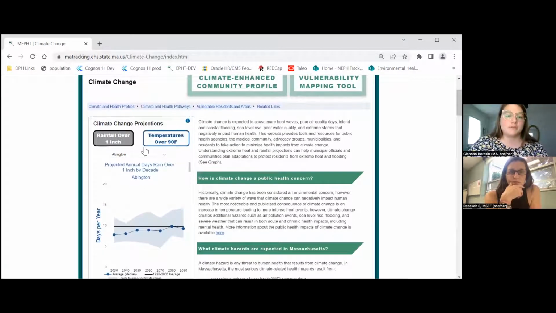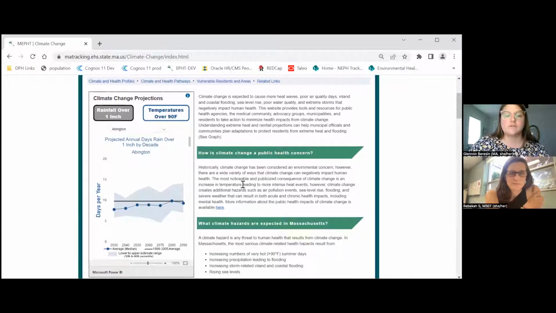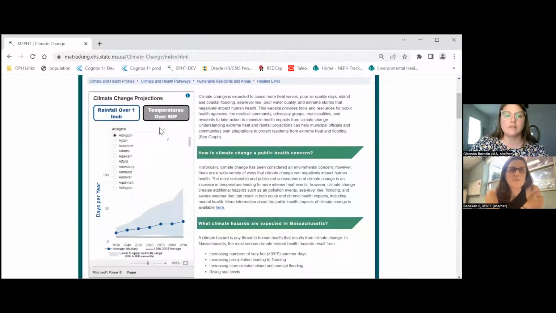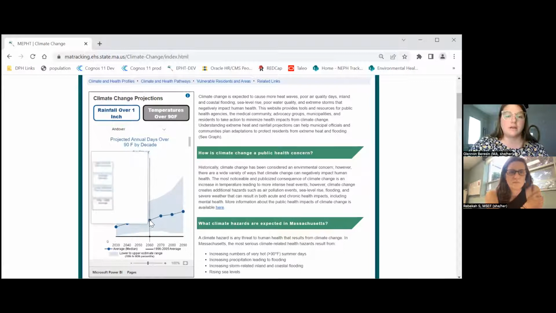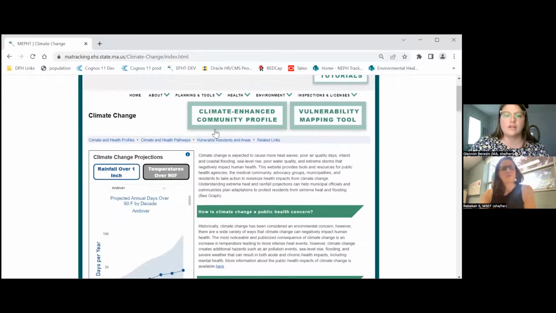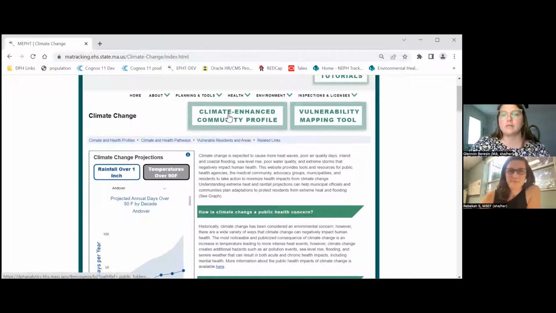Many of our pages also have these interactive data widgets. So here you're seeing climate change projections. So this gives you a quick snapshot of some data that's locally relevant. You can actually select a community and see the data for that particular community and look at things kind of that way. So I am actually going to click this climate enhanced community profile.